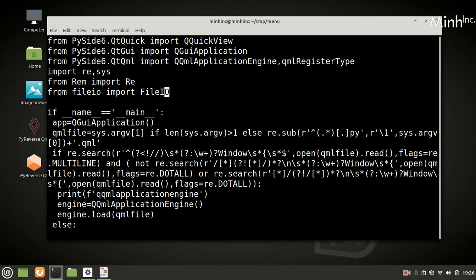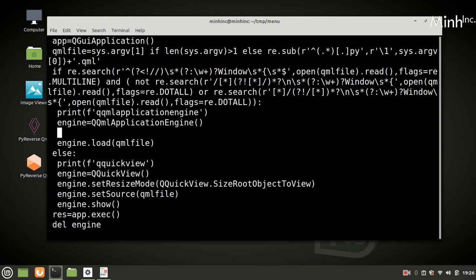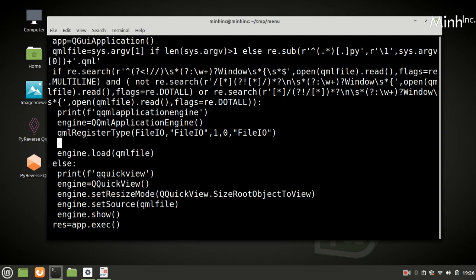And down the line, after QML application engine, QML register type file IO. File IO is module now, and file IO is class also.